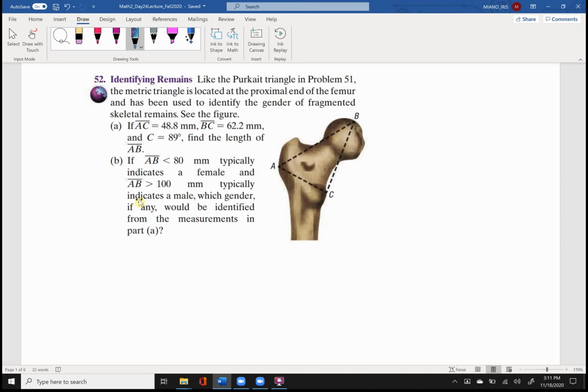You'll see. Okay, so it says, like the Purkate triangle in problem 51, the metric triangle is located at the proximal end of the femur and has been used to identify the gender of fragmented skeletal remains. See the figure. Okay, for part A, they're saying that AC, so that's this length right here, is 48.8